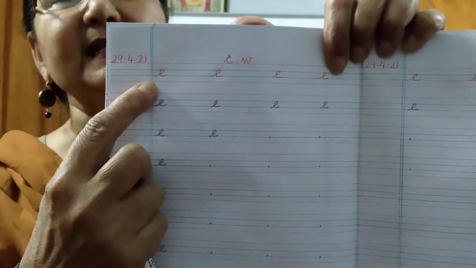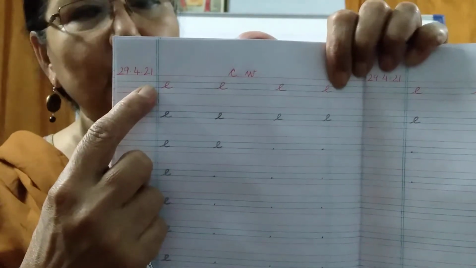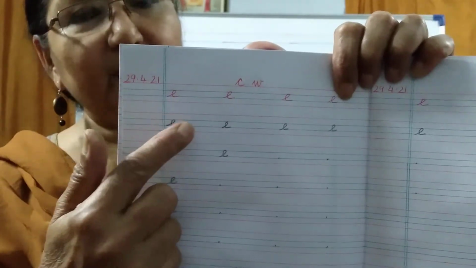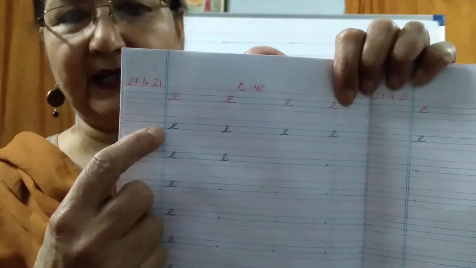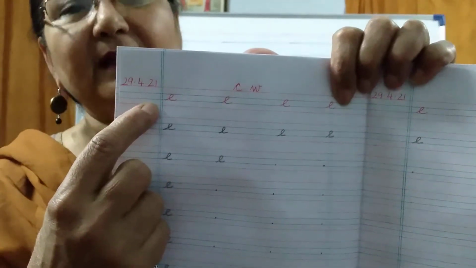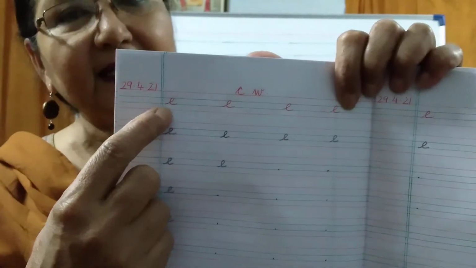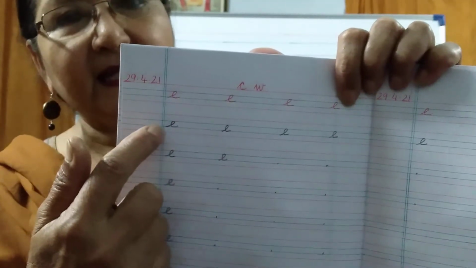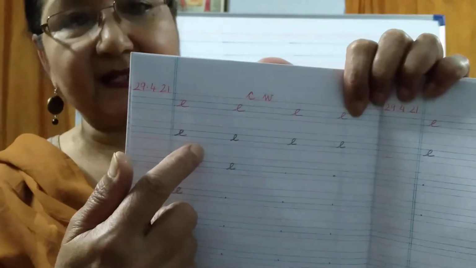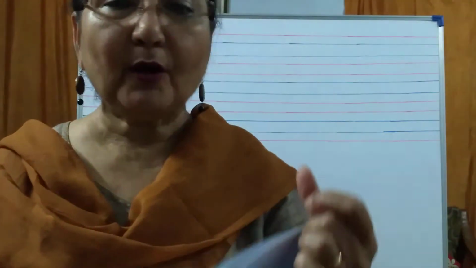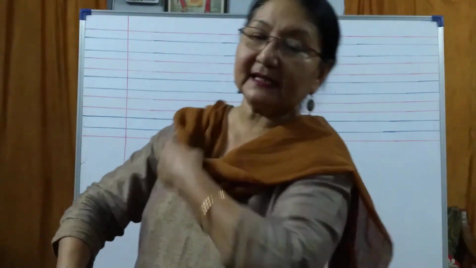Okay, see, this is E. Everybody can see? Again, a slant line in the blue line. Then for I, we made a standing line and we turned a little. Then it became I. Now for E, what do you have to do? Again, a slanting line in the blue line. Then we have to turn back and give a small curve in the blue line itself, and then come a little up. This becomes E. Now ma'am is going to teach you to write C.